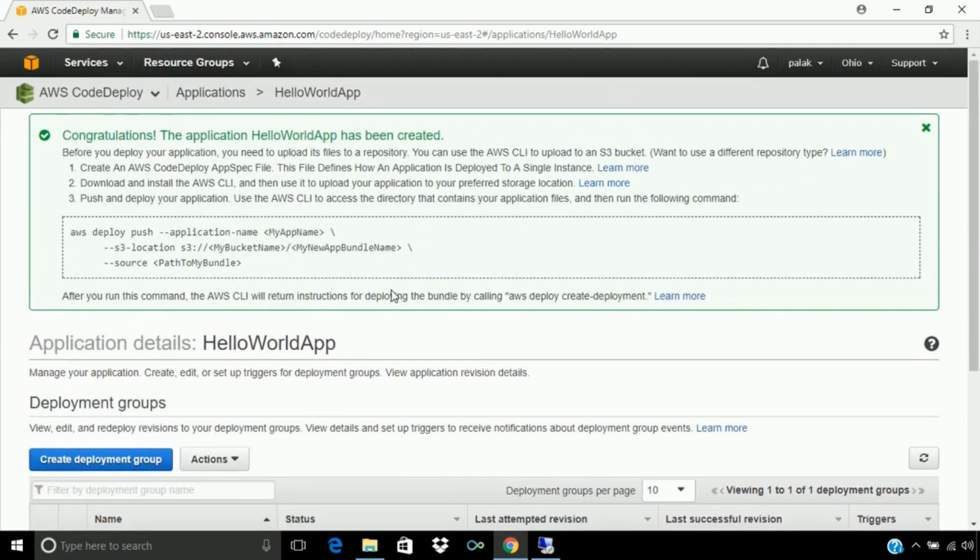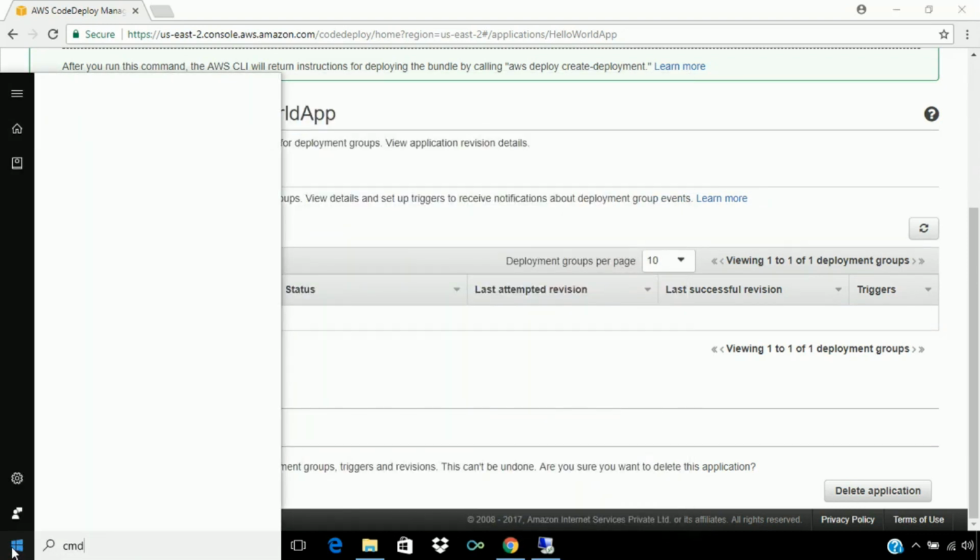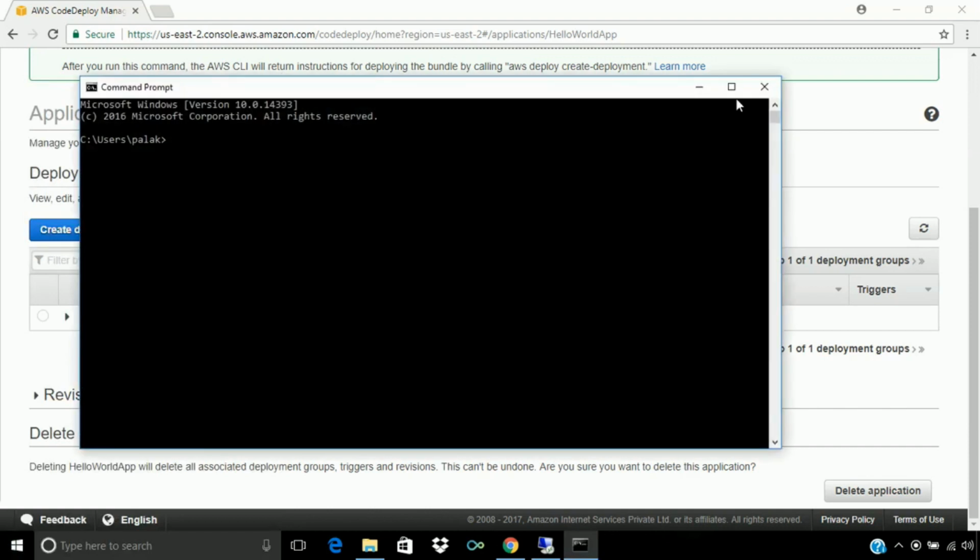Now note that the first deployment we have to make through the command line only, the AWS CLI. After that, any deployment we can create from here, but to deploy the first revision we have to deploy it from the AWS CLI.